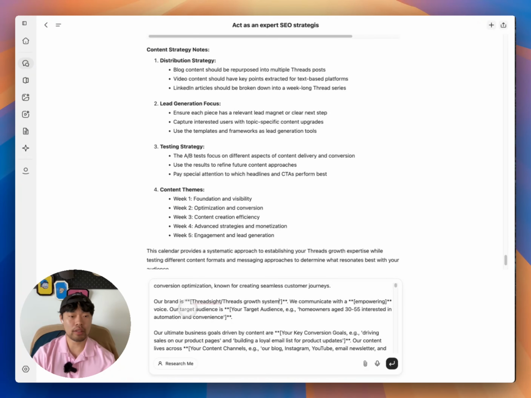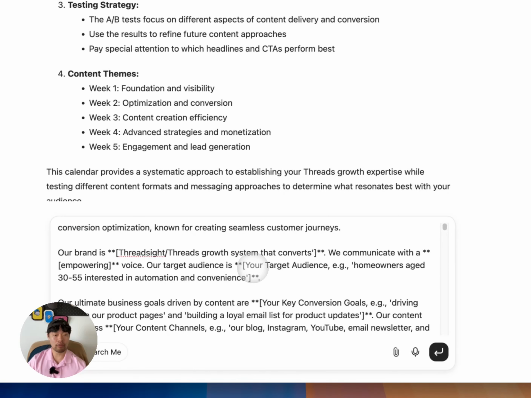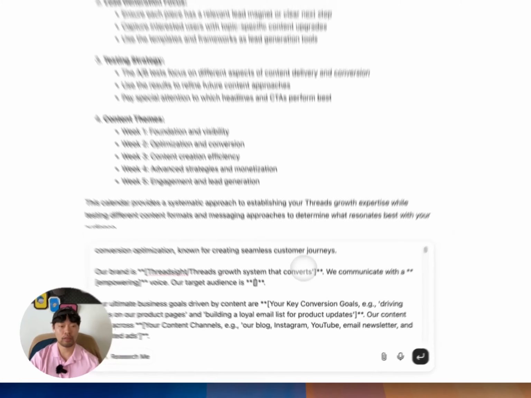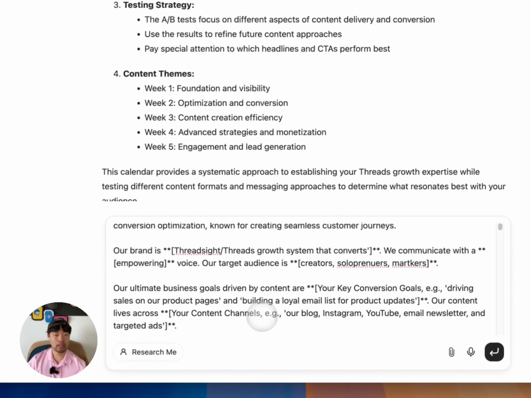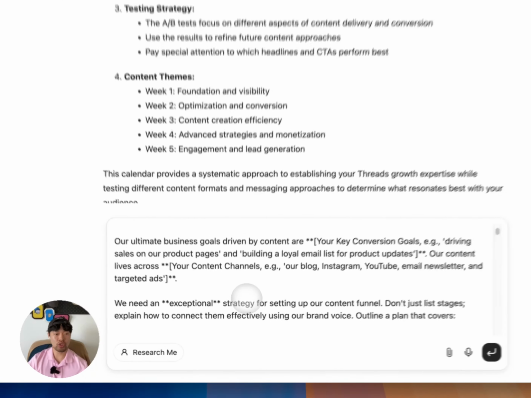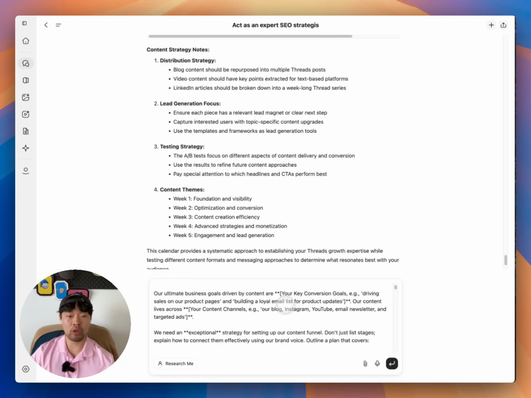Growth system that converts. I have my slogan, and our target audience is creators, solopreneurs, marketers, like that. And here you have to just change your business goal.